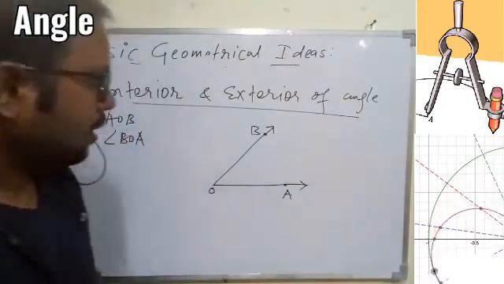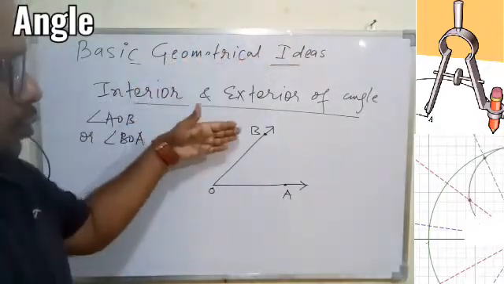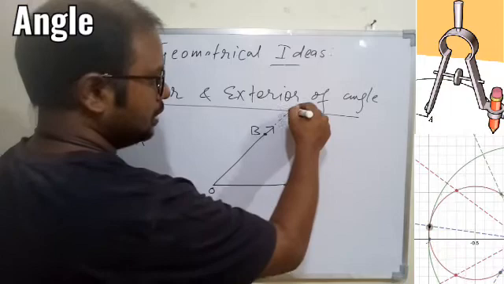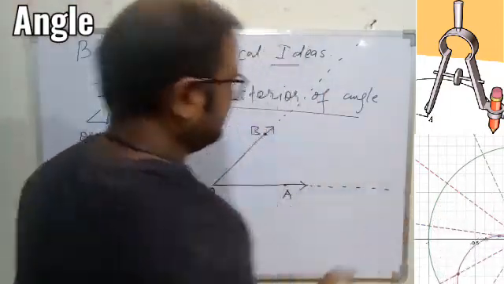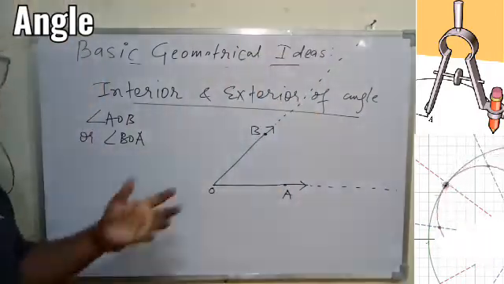Okay, now we know this is a ray, so this has no finite length. So towards B, it can go for infinite length. So if I go on drawing on my board, it will go for infinite distance. It will also go for infinite distance. So this side there is no limit. Okay, that we know. That is the meaning of ray.